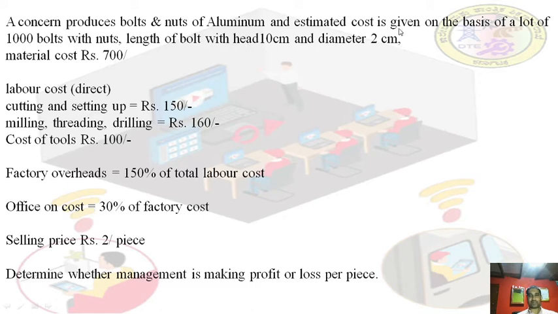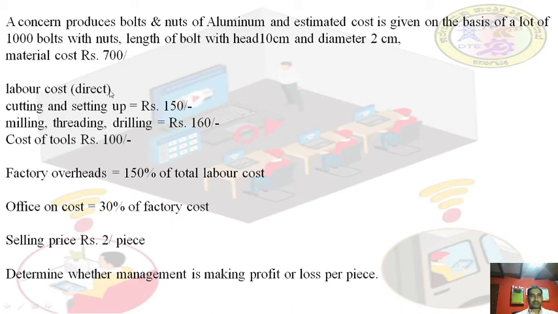This is required for calculating the material cost, but the material cost is directly given, so there is no use for these dimensions. Just ignore them because he has directly given the material cost. If the material cost is not given, then you have to find the volume, multiply it by density, and then multiply by the cost per unit weight of the metal. But he has directly given rupees 700 as the metal cost, so there is no need for these things.